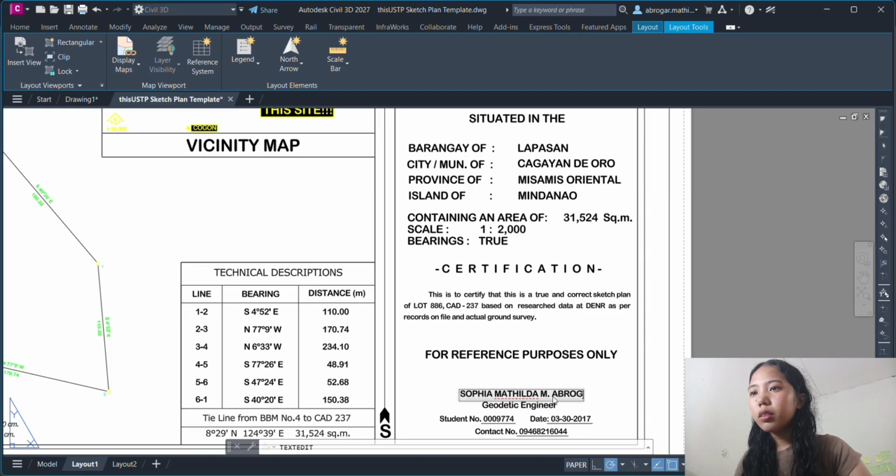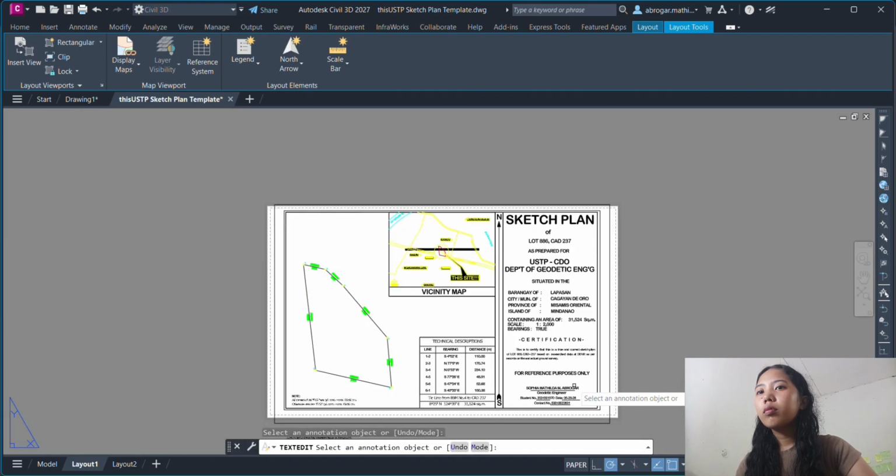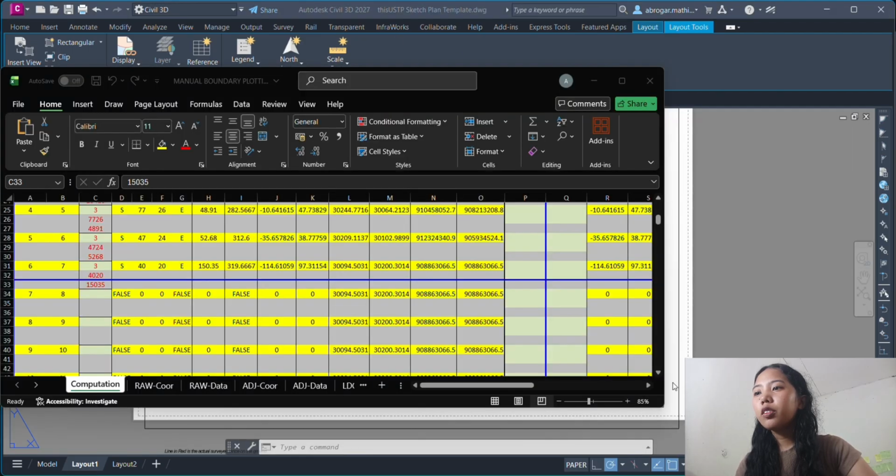Specify base. Okay. Then specify first point.